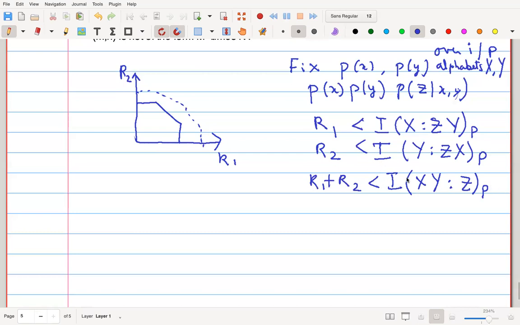So let us look at the third bound out here. This is what is called the sum rate bound. It's a bound on R1 plus R2. Before we understand what this bound means, if you plot the points in the R1, R2 plane which satisfy these bounds, it will form a pentagon like this. This vertical line is the bound on R1, this horizontal line is the bound on R2, and this 45-degree diagonal line is the bound on R1 plus R2.